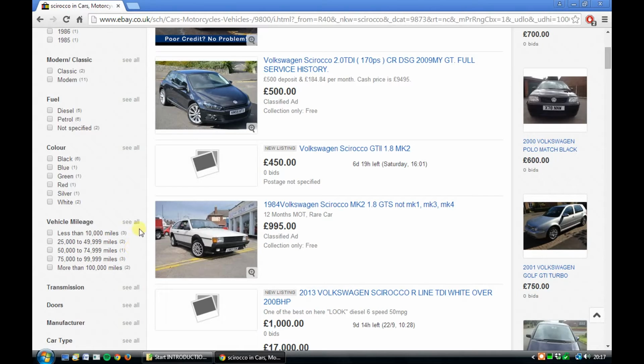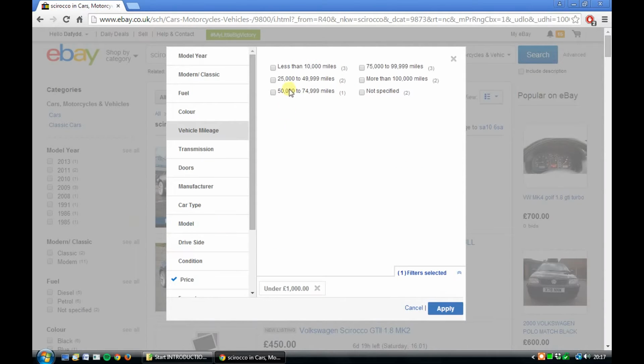So we can set that by clicking see all. We select 25 to 50, 50 to 75, and we can select 75 to 99 as well. Deliberately not selecting this category because a lot of people enter their mileage in single figures. So for example, if a car's done 150,000 miles, they will simply enter the count as 150. So loads of high mileage cars actually come up in that category. So we're going to avoid it. Okay, so click apply,